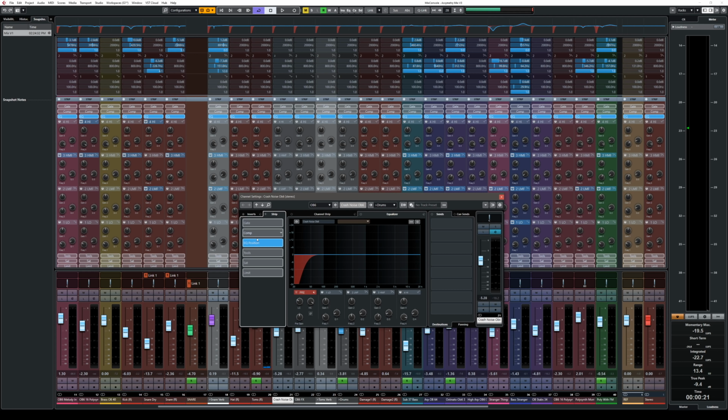And for the channel strip, you can move these things around, see? Check, they update there as well. So you can say my EQ, I want it to be after the compressor, or my envelope shaper, I want it to be before the compressor, see? And all these things are completely configurable.